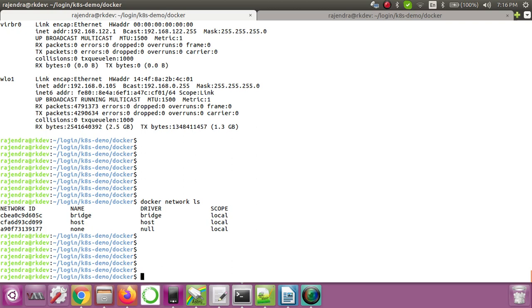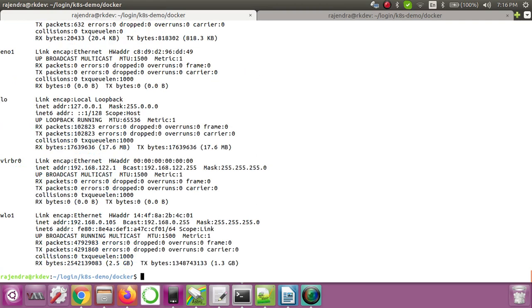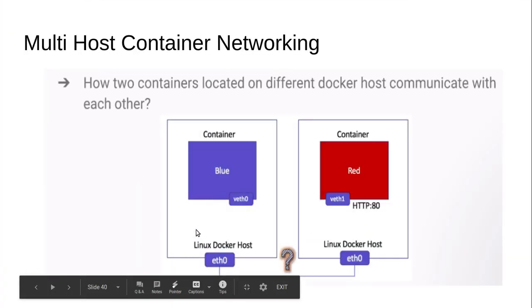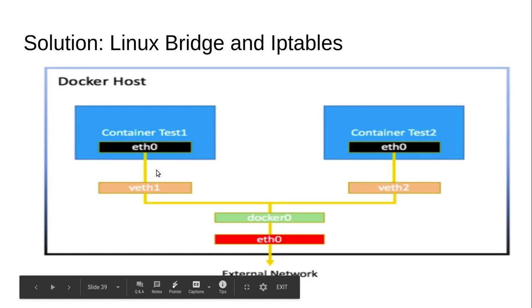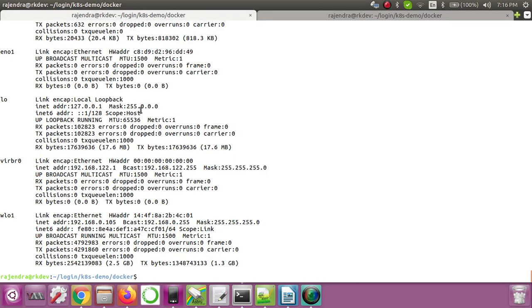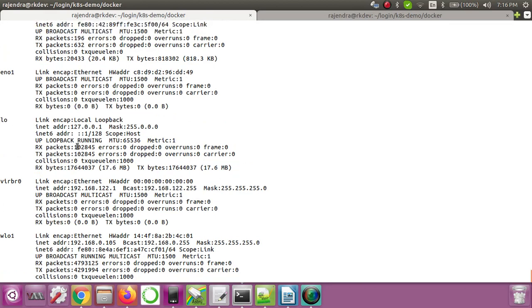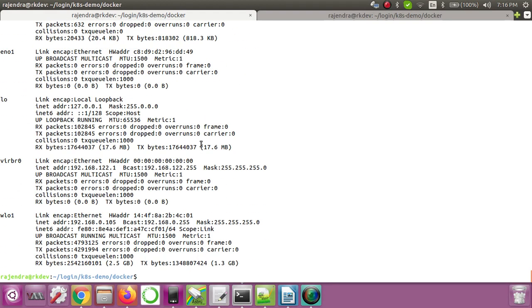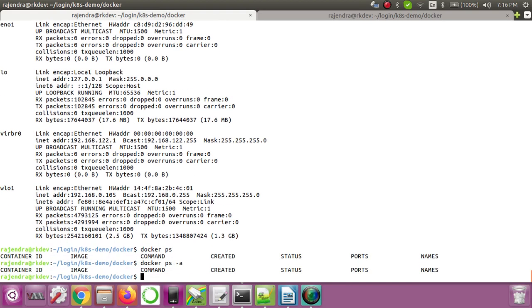Now if you see in the slide that we have seen, a bridge network gets created. Let me show you that. Here you can see this is our bridge docker0 which we have seen, which got created. This is a bridge network, and then a virtual ethernet gets created when we create a container. If I do ifconfig here, you can see that there is no virtual ethernet for now because there is no container running. If you do docker ps -a, you can see that there is no container.